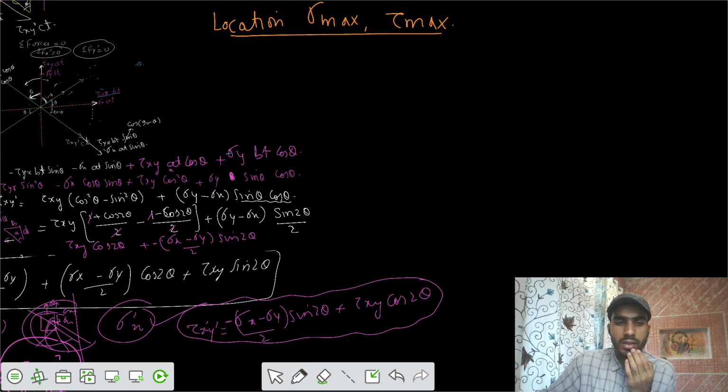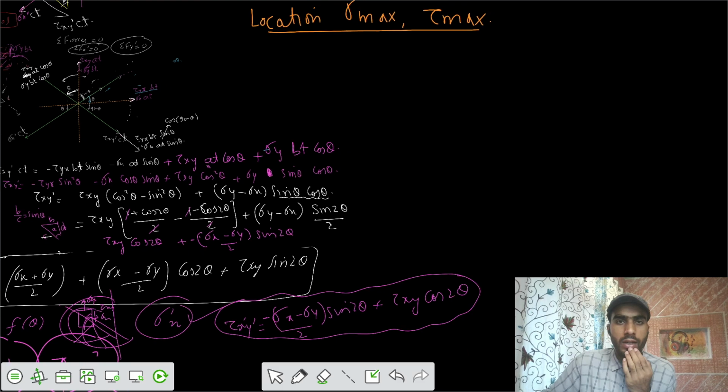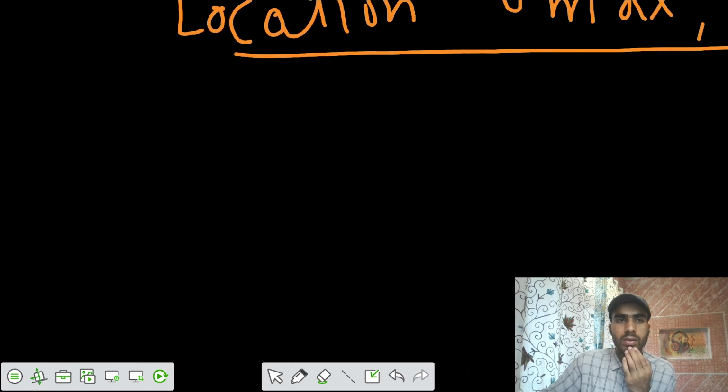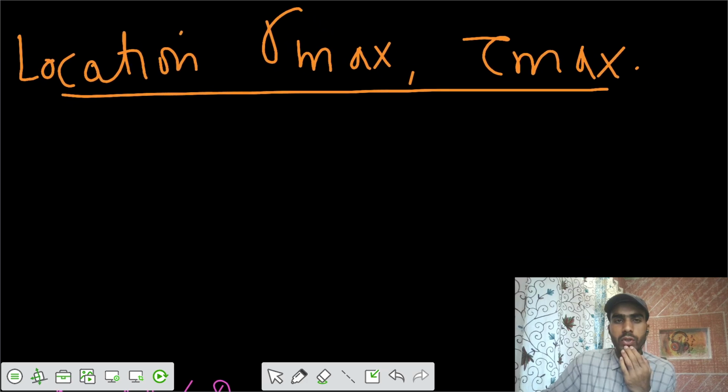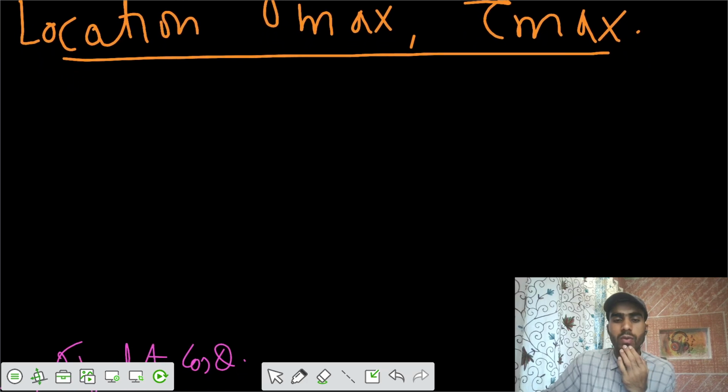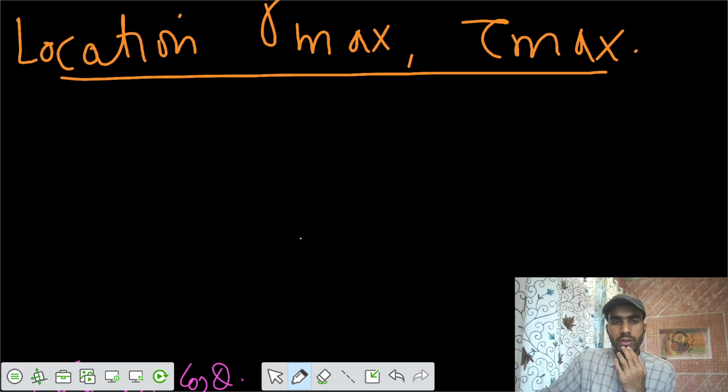So we have these results. Let's write those results here. We have to find the value of sigma max, and on what particular plane, with respect to the given plane on which the stresses are given, the stresses would be maximum. Let's calculate sigma max. For sigma x dash to be maximum,